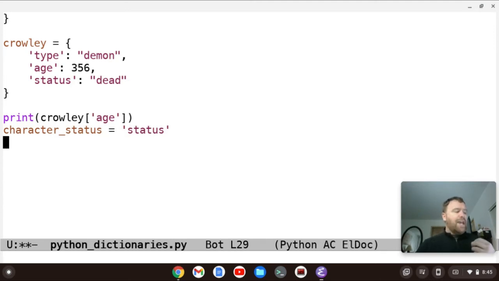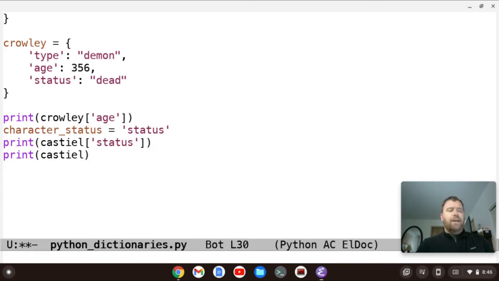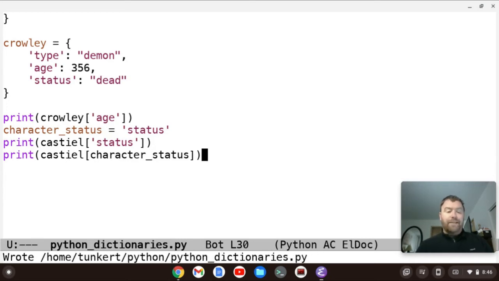And if I wanted to print out Castiel's status, I could use the variable, or I can first do the traditional way, Castiel and then pass in the key status. Or I can also print Castiel and pass in just character_status. And I don't need to have character_status in single quotes there. So I'm going to save that. And now I'm going to run this, and it should print alive twice, after Crowley's age, which is 356.